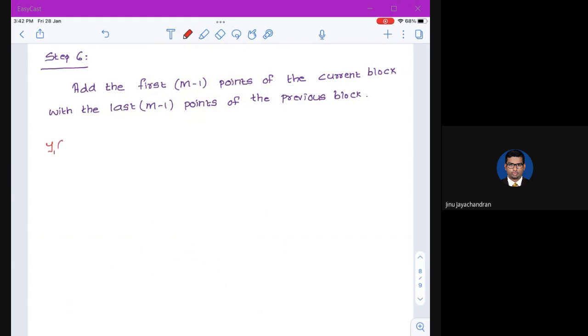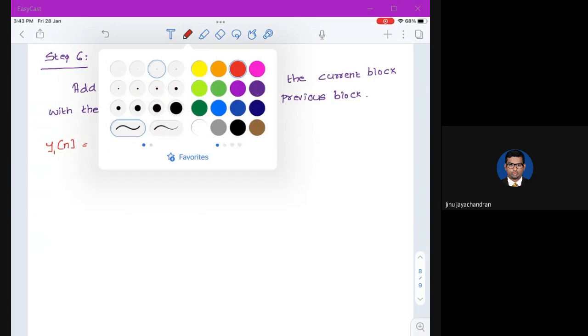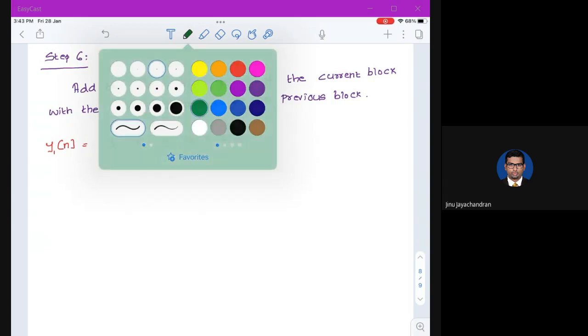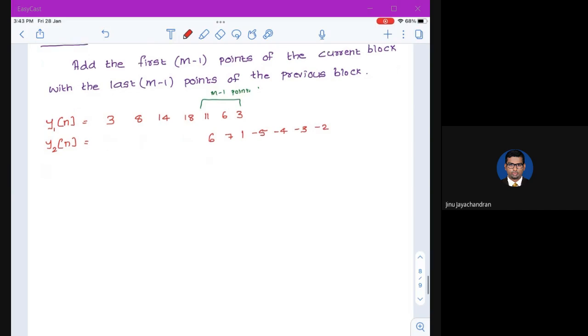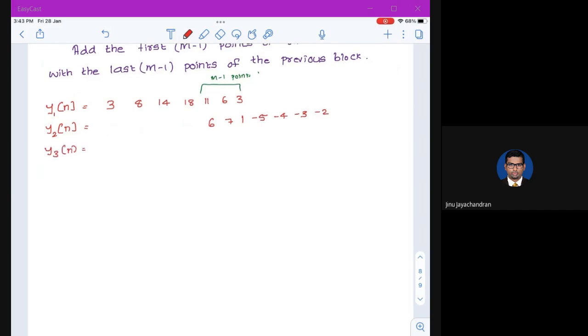So y1 of n was 3, 8, 14, 18, 11, 6, 3. So y1 of n is the first block, so you don't want to add with the previous block only. But you see this is the last m-1 points. Okay, so when you do the addition with the next block, you need to add this with the first m-1 points of the current block, which is 6, 7, 1, minus 5, minus 4, minus 3, minus 2. Similarly, when you consider y3 of n, you should consider the first m-1 points, that is minus